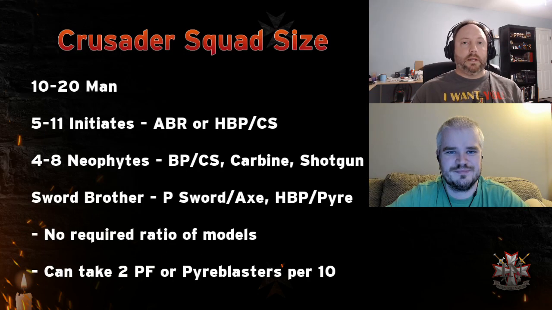So to get us started off, we're going to talk about squad size. So obviously they come in a minimum of a 10-man squad. In that 10-man squad, you get 5 initiates, 4 neophytes, and a sword brother. Sword brother has to be armed with either a power sword or a power axe. And he comes with a heavy bolt pistol, which you can swap for a pyre pistol for 5 points, which